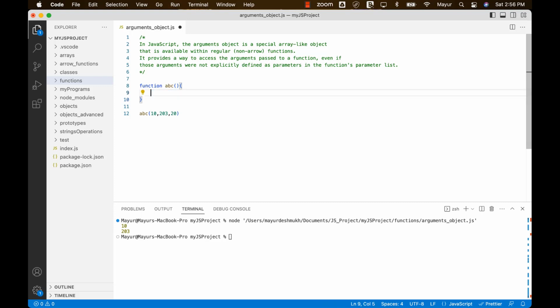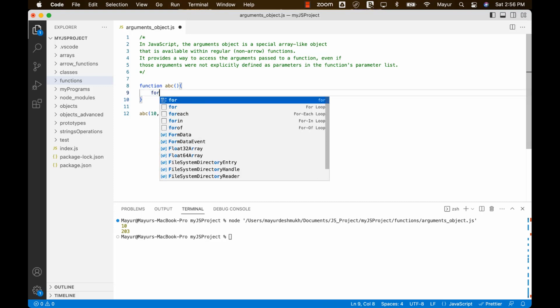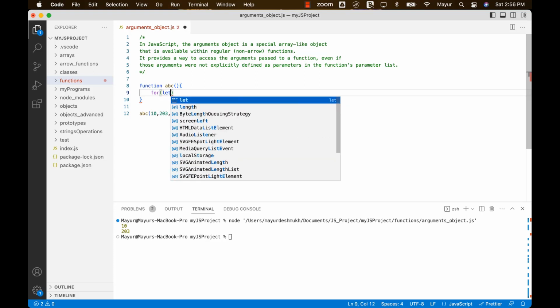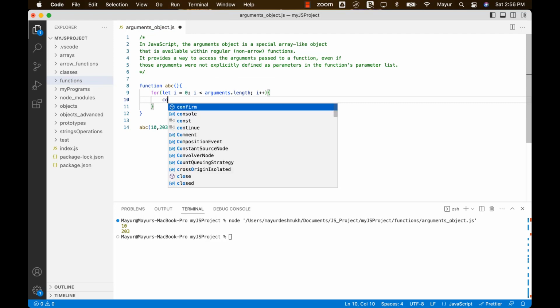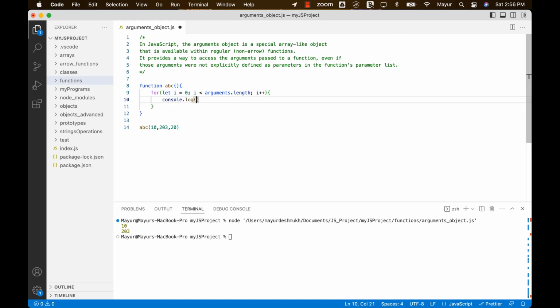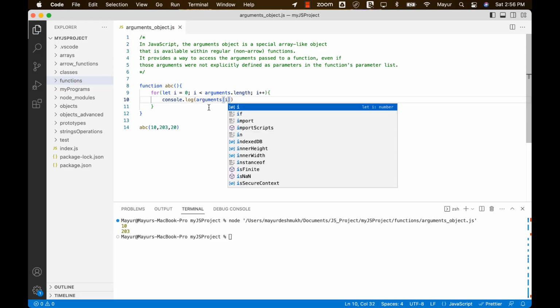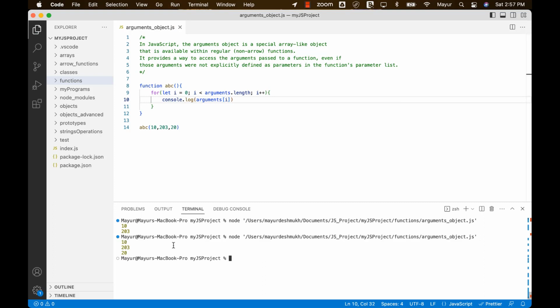Now, how can we fetch all the values from arguments? Obviously, we'll create a for loop. So over here, we can say let i equal to 0, starting with the 0th index in the array, which is nothing but the arguments object. Then i less than arguments.length, i plus plus. So we are actually navigating from the 0th element to the last element of this arguments array. And then we can display it in the console by simply doing arguments of i. So when we run this program now, we are getting hold of all the arguments